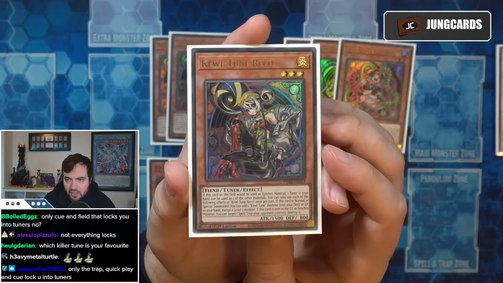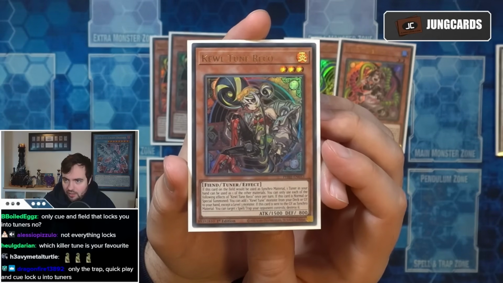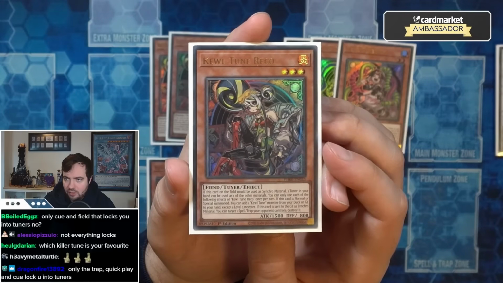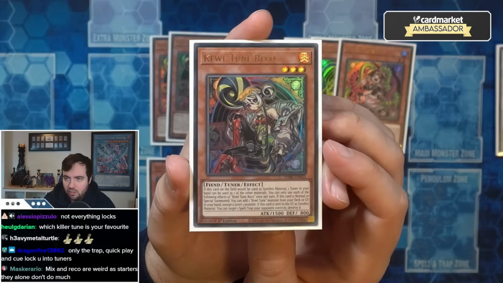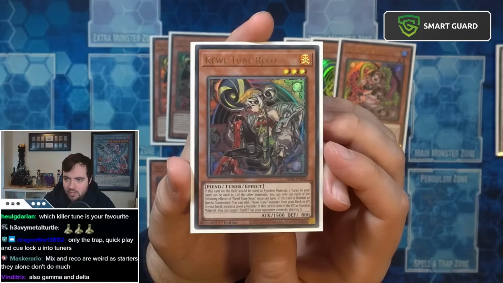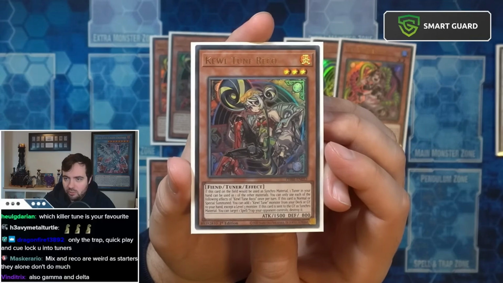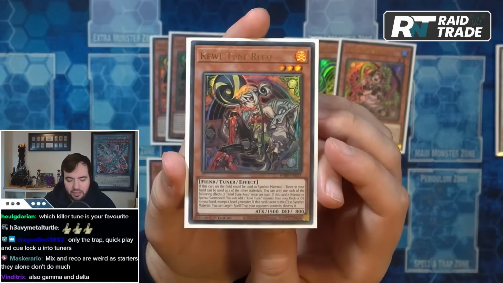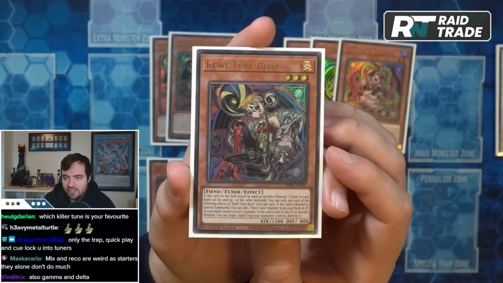So if this card, you can only use each effect once per turn. If this card is normal or special summoned, you can add a Cool Tune monster from deck or grave to your hand, except a level 3. If this card is sent to the grave as synchro material, you can target a spell trap your opponent controls, destroy it. Okay, so the 3 Cool Tune starters all have very similar